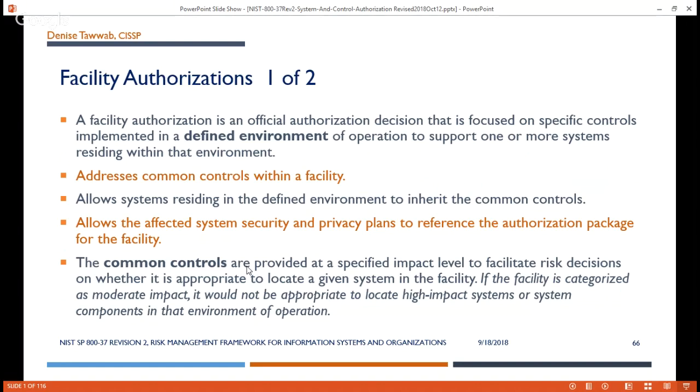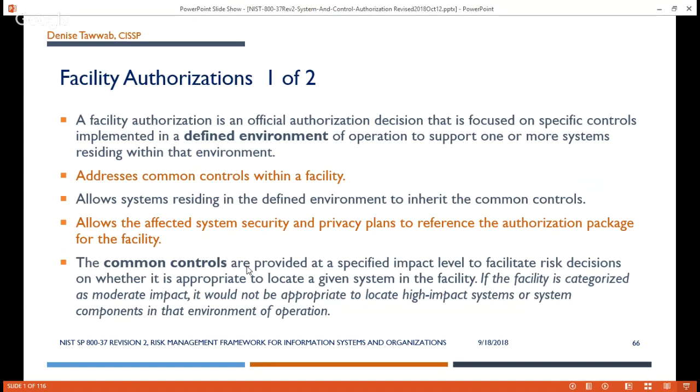Then you have facility authorizations. A facility authorization is an official authorization decision that is focused on specific controls implemented in a defined environment of operation to support one or more systems residing within that facility. Facility authorizations address common controls within a facility, and they allow systems that reside in the defined facility to inherit the common controls. Facility authorizations allow the affected system security and privacy plans to reference the authorization package for the